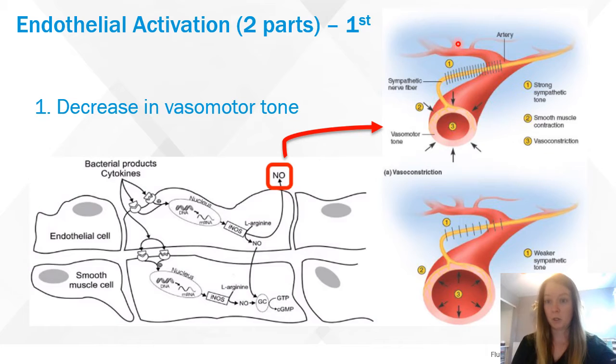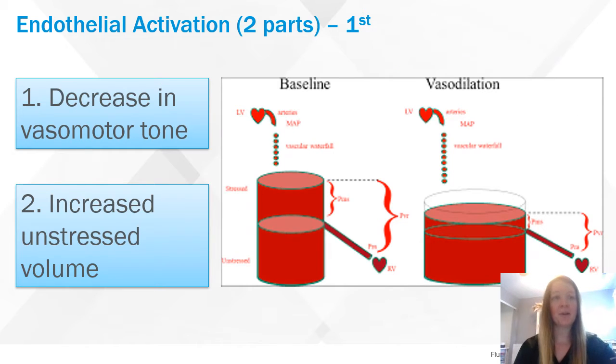which you can see, this is a normal artery, and now it is dilated due to this NO. So now that we have already recognized that we have a decrease in vasomotor tone, and now because of NO we have vasodilation of our arterioles, this causes the second part of our endothelial activation process, which is an increase